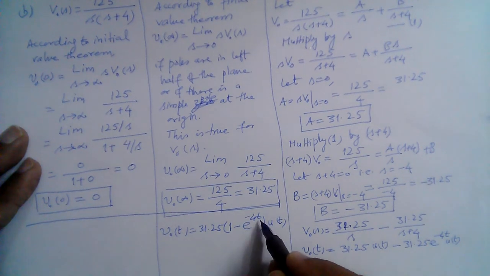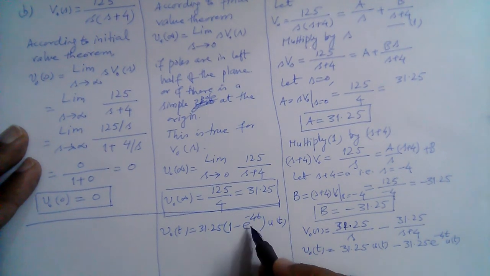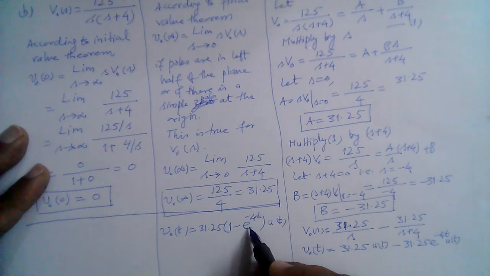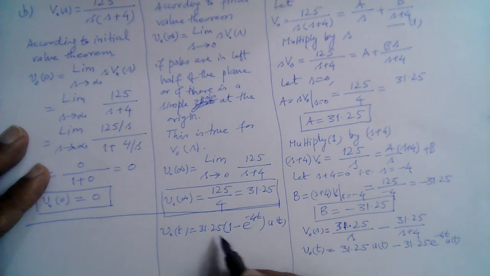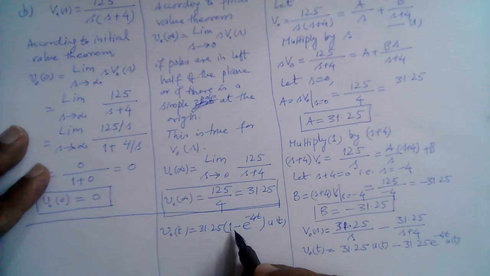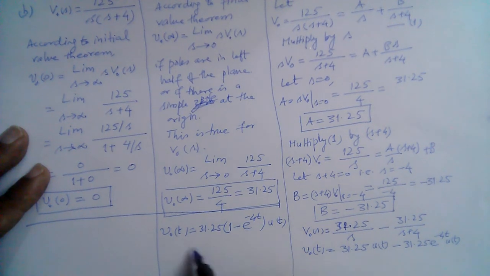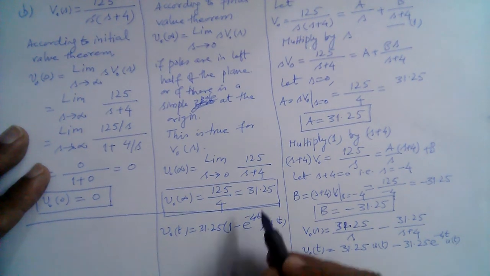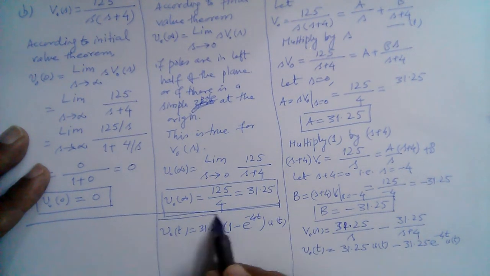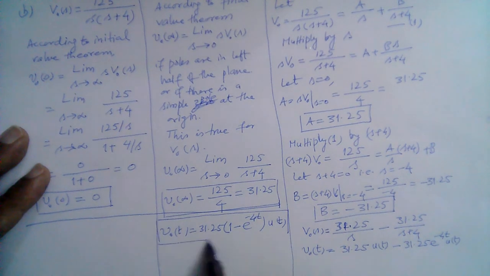And if we put t is equal to infinity here, this will be 1 over e raised to the power 4t, and t is infinity. So 1 over e raised to the power infinity is 0 basically, right? So this will be 1 minus 0. So that will leave us 31.25 multiplied by 1, that is 31.25. So the value of this function at time t infinity will be equal to 31.25, which we found out earlier, right? So this verifies our earlier results also, and this gives us the